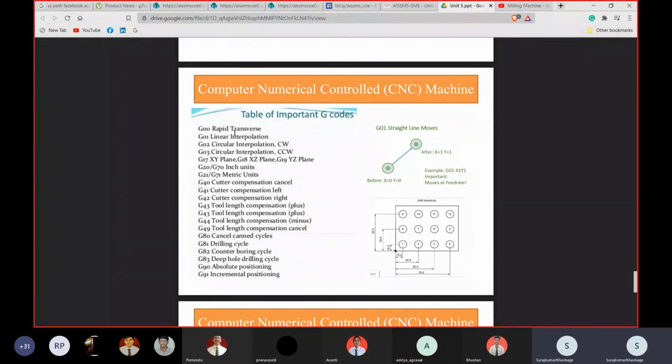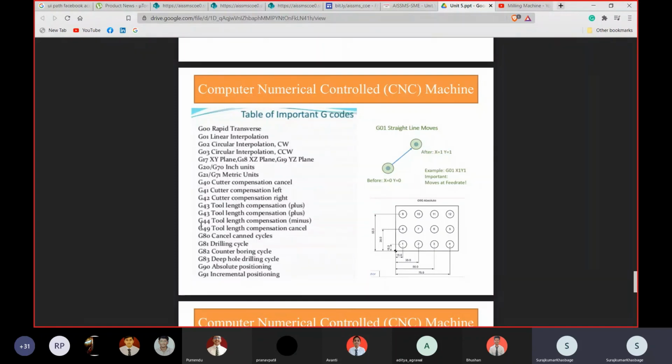अगर आपका टूल आपके वर्कपीस से बहुत ज्यादा दूर है, so with this particular command the tool will come near. Okay, then to move in the linear direction, that is G01. G02 rotates the tool in the clockwise direction. G03 rotates the tool in the anti-clockwise direction.